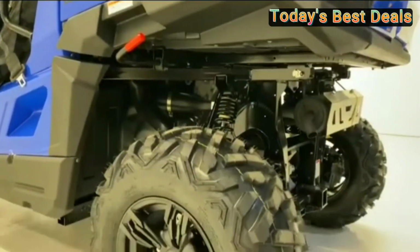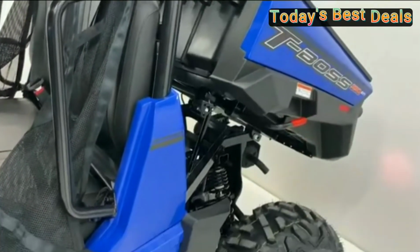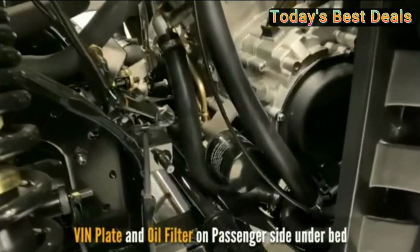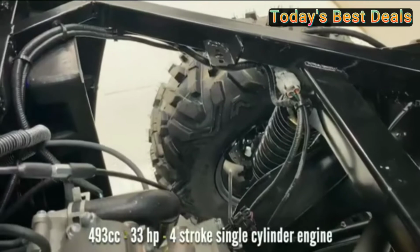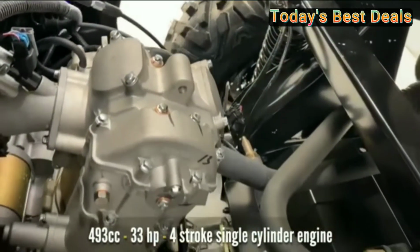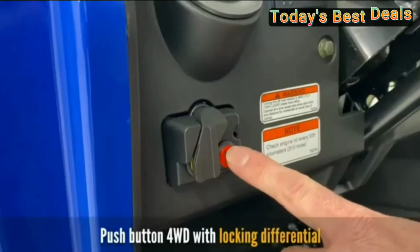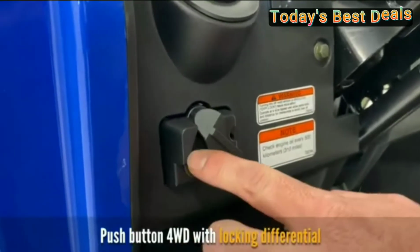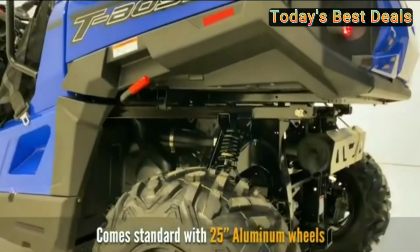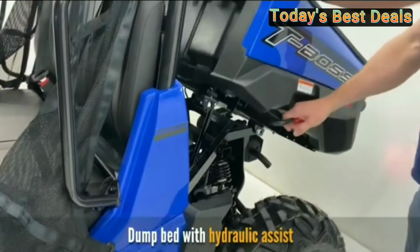Specifications: vehicle size 103.5 inch by 54 inch by 76 inch, wheelbase 72 inch, ground clearance 9.25 inch, towing capacity 1,200 pounds, fuel capacity 6.9 gallons, seat height 33.5 inch, dry weight 1157 pounds, engine type 4-stroke single cylinder, displacement 493